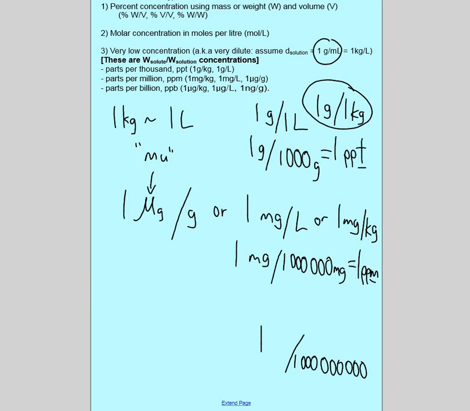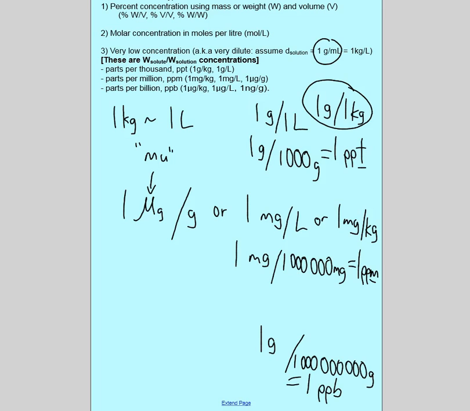So we could go with a starting point where we use, it could be like 1 gram and a billion grams would be a part per billion, but